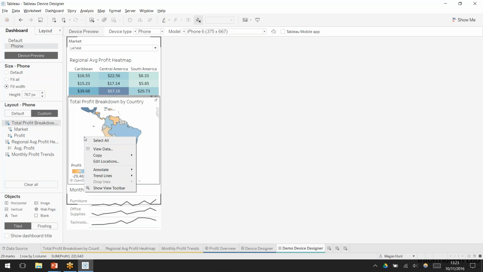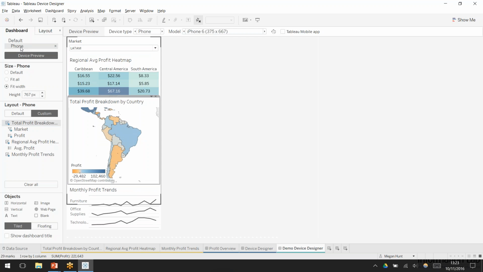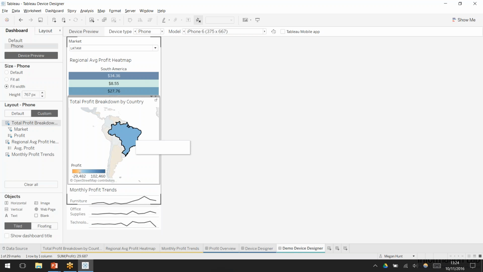Do you go on the default view and then make it a filter? Oh, yes. I'm glad you said that. Yeah, use as filter. There we go. Cool. Right. We go back in, and then let's pretend we've prodded Brazil. And